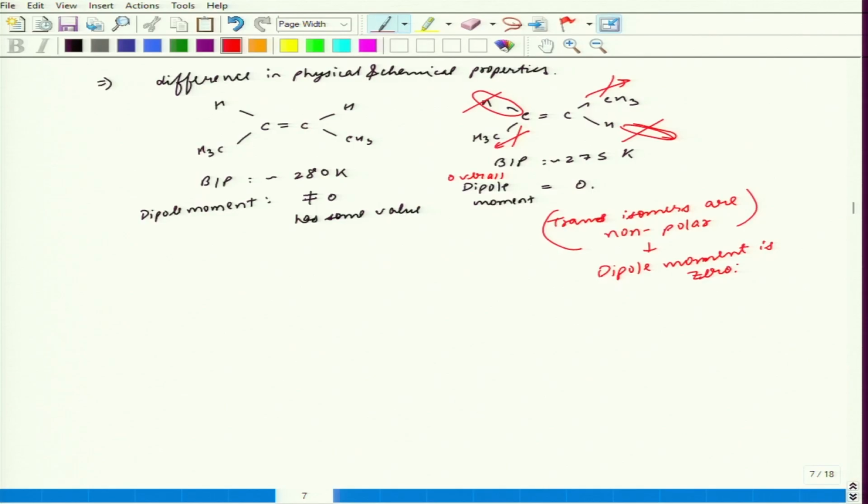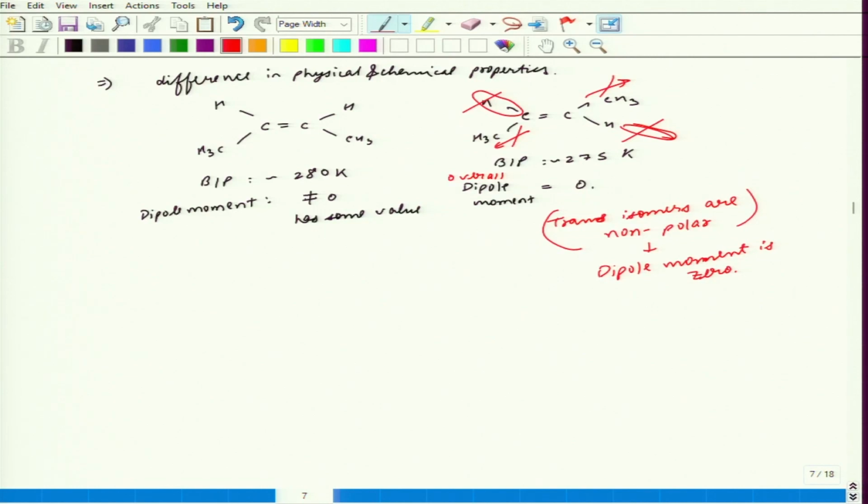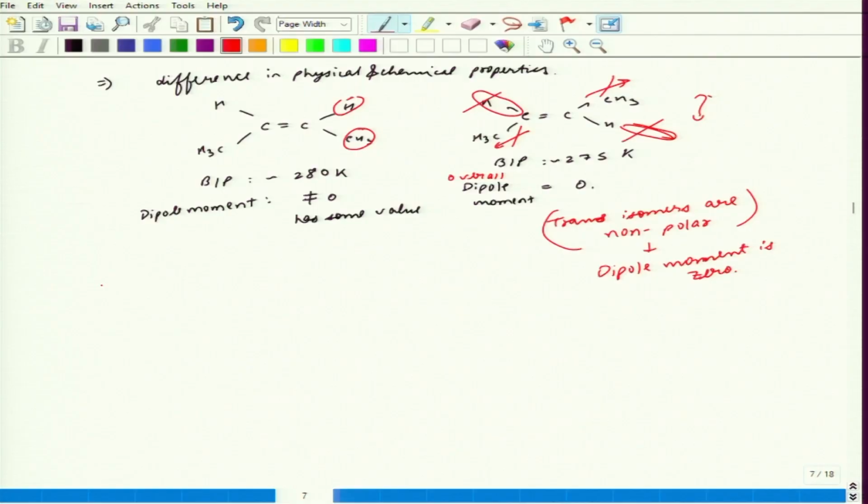Now you must be wondering, as I have told you, isomers have the same molecular formula but different structures. These two are different structures. But you must be wondering how they differ between structural isomers and geometrical isomers, because the hydrogen and CH3 are attached to the same carbon in both the structures as before. So how are these two structures different, and how can we distinguish between structural isomers and geometrical isomers? So what we have seen in structural isomers,